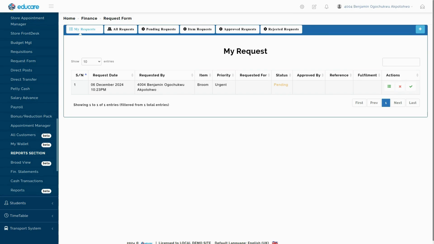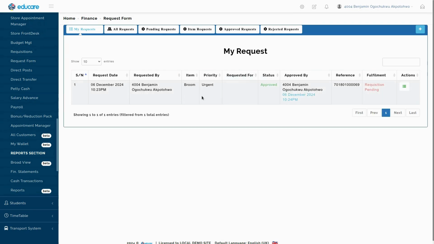That's for processing. But if it's a normal invoice, if it's a normal request, first of all, the system will give you the reference and then it will show you the current fulfillment status, requisition pending. Now, because requisition is pending, if you go over to requisitions and you say you want to raise a new